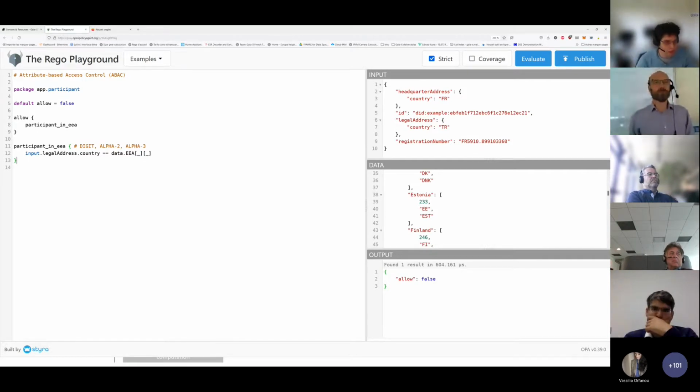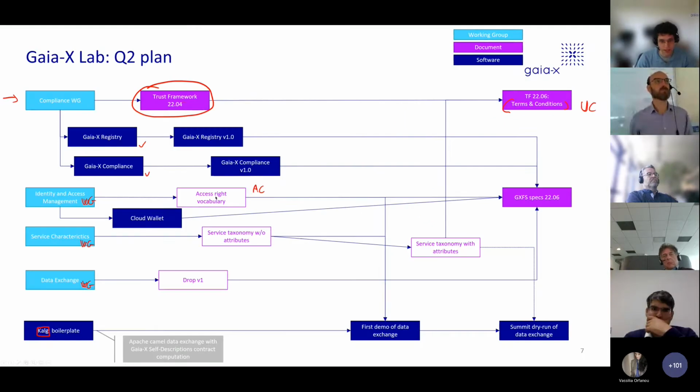I have a question from Wanro in the chat about the access control policy definition language. No, there has been no adoption yet. And this particular topic of vocabulary for the access control will be addressed inside the Identity and Access Management Working Group. So that's this box, access right vocabulary. And I will invite you to join the Identity and Access Management Working Group to work on that topic. This is a very important one, and we need that if we want to have, again, this ability to compute access control across ecosystems. We need to have a common vocabulary.